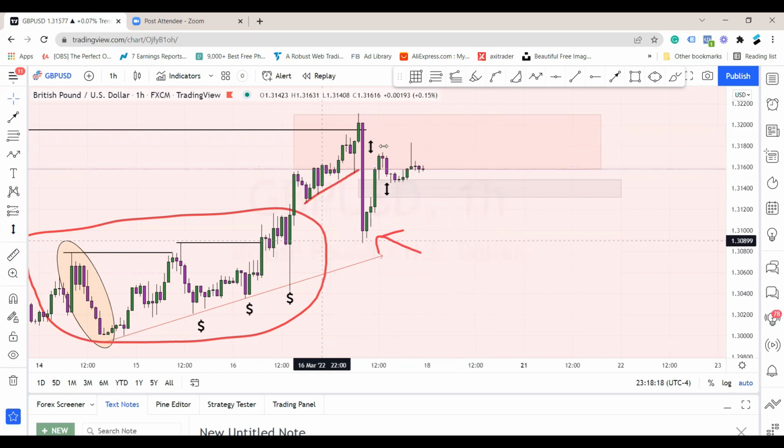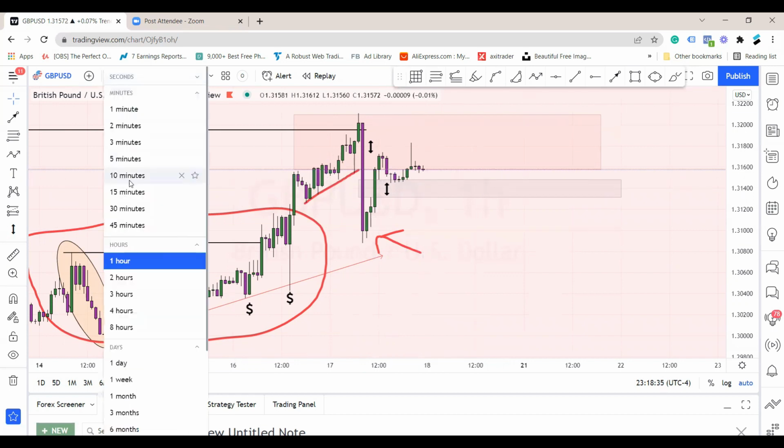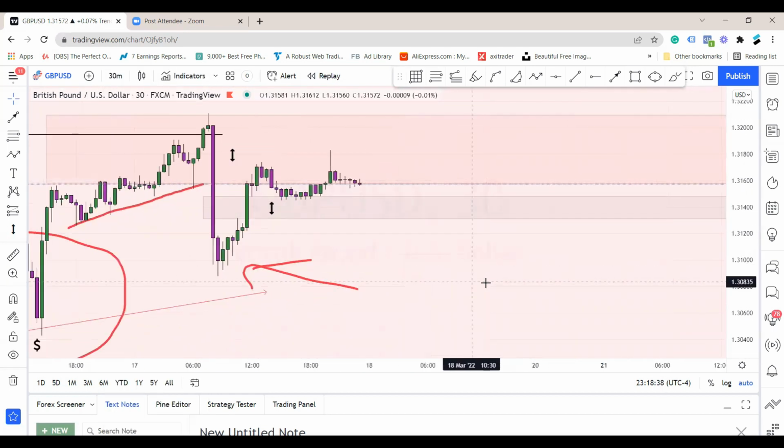So in future when you see my chart have this, it means there's a gap there, right? You see a dollar sign, it means there's a stop loss, there's liquidity there. All right, so when you see the price have a horizontal line like this without anything, it means it's a break of structure point. Okay, so now if I go down to 30 minutes to have a better picture,